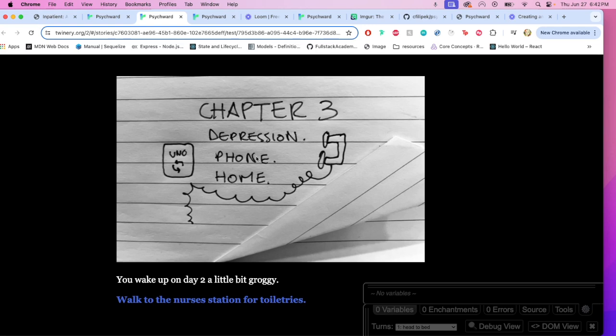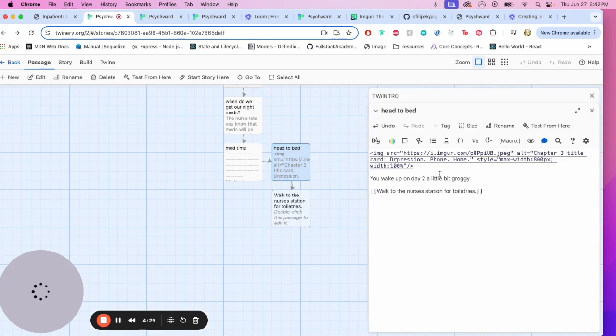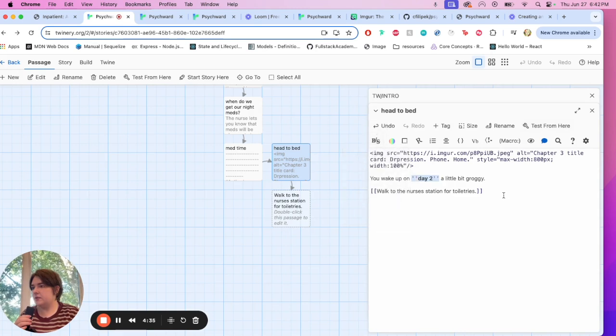So chapter 3, depression, phone, home. You wake up on day 2, a little bit groggy, walk to the nurse's station for toiletries. I think I also want day 2 to be emphasized a little bit, so I'm going to go here and make that bold. Okay. Now, what I want to do from here is keep writing, but I want to do